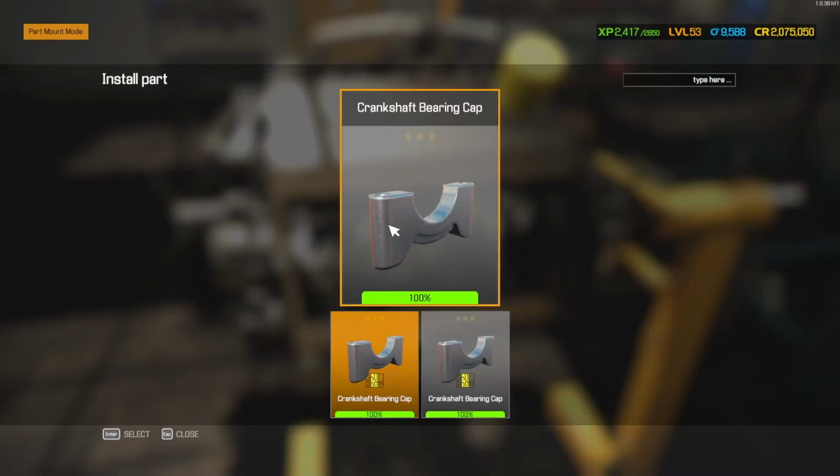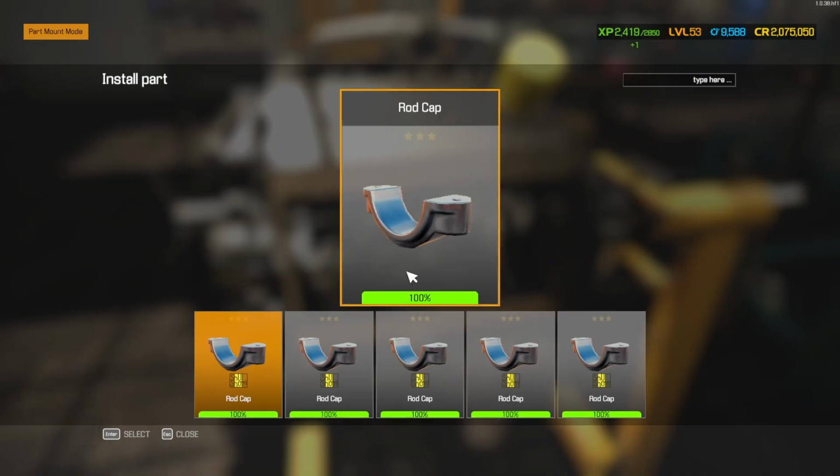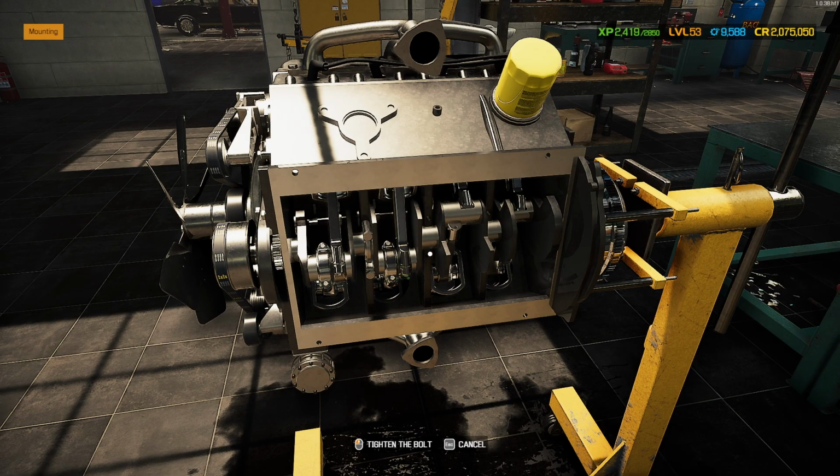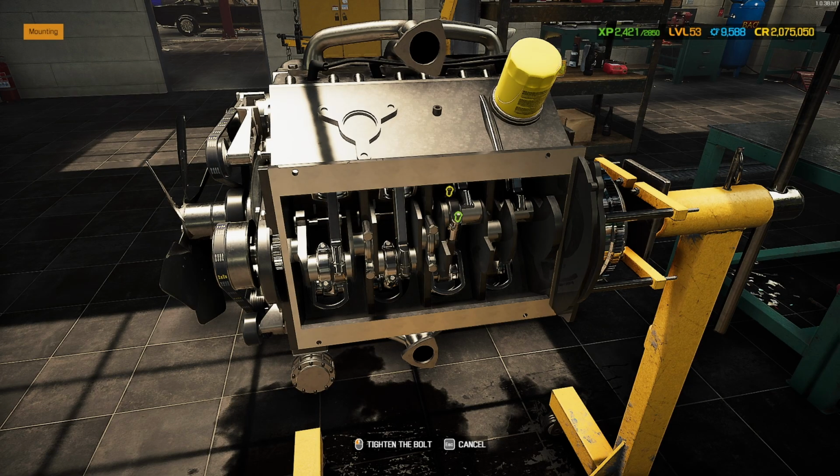So yeah, maybe we'll find a dragster or something in the auction house. Maybe we can get a good deal. And I'd only get one if I get a good deal out of it. That's going to be the trick. It's finding a good deal. I can find a deal like I did on this one. This was a